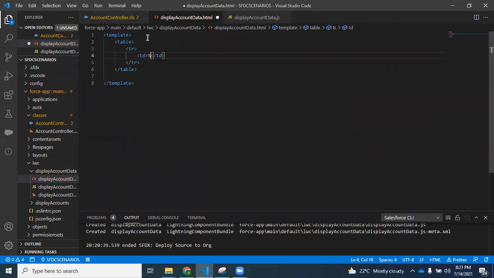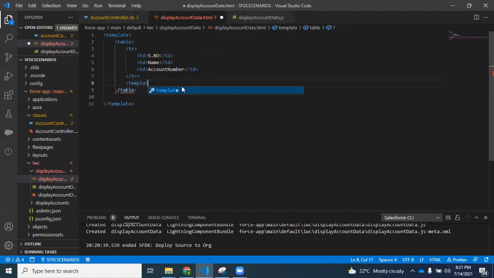So this is for the serial number, and I'm going to display two columns, name and account number.